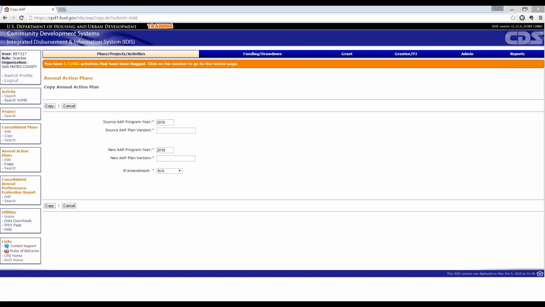And then again, the difference being in the CAPER, for the CAPER, each grantee is responsible for creating and submitting their own CAPER. But the lead grantee is responsible for creating the comp plan and the action plans, and administratively creating the amendments, even if it's just for a participating grantee. And the participating grantee is not able to view their template until the lead grantee has done that.